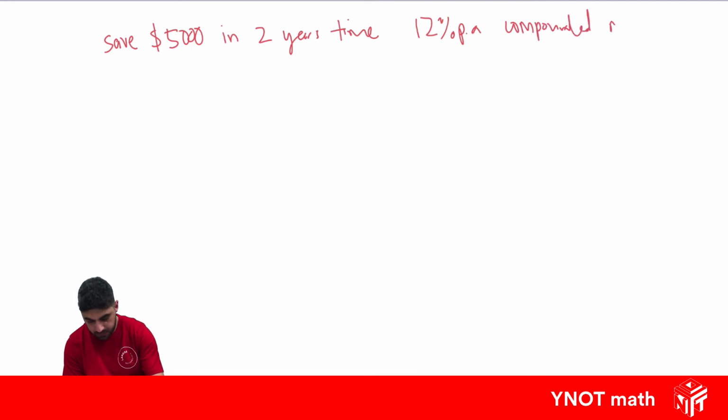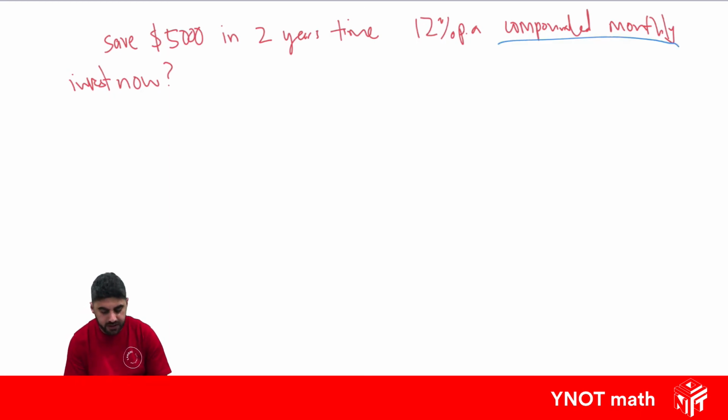And what do you need to invest now to do that? What do you need to invest now to do that? So the important bit in this question is the compounded monthly part, which means that everything needs